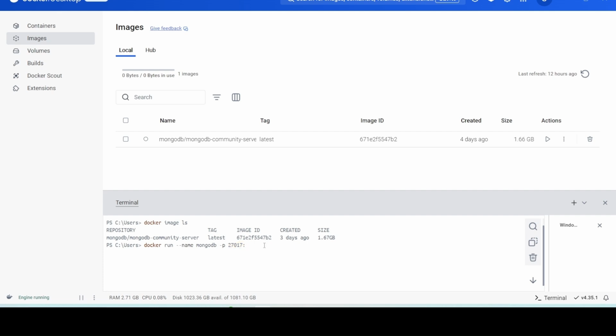Now we should expose the same port on the host machine as well, so that we get access to our DB container. For that, let's give 27017, and I'm going to run it in detached mode, with -d. Then provide the image name, that is mongodb/